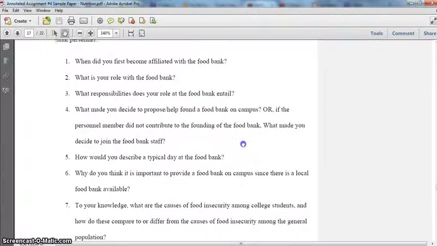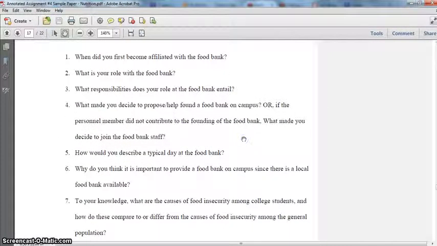Now, one thing you'll notice when you look at the questions that I've provided in the scripts for the interviews and the appendices is that I don't immediately jump into the questions that I really would want to ask to get my data. What I do is ask some starter questions, and this is a really good idea anytime you're doing an interview, because you want to get the participant talking and get a conversation really going, and then that helps to ease you into the questions that you really want to collect data about.